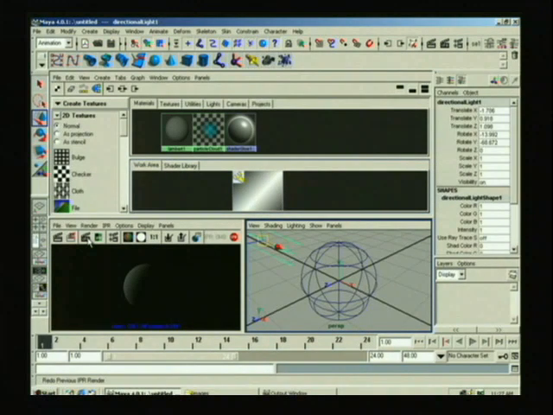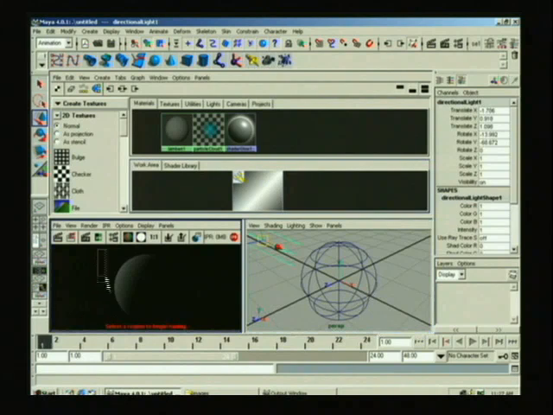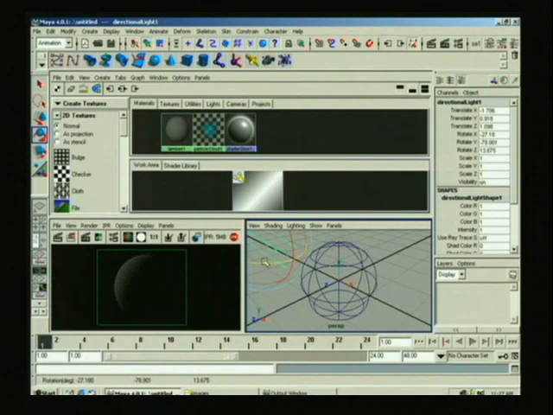Now what this is going to do is allow you to quickly see changes that you make to a texture or a light. So tweaking the look that you want for a model is very fast. So let's go ahead and set that up. Just going to hit the IPR button, and you'll notice it says select a region to begin tuning. So I'm going to select a large region here. And now if I were to rotate my light around, notice that the light changes in the IPR render as